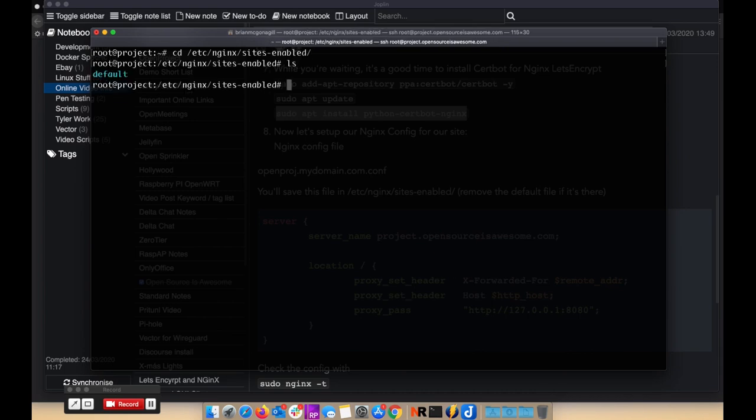There we go. And if we do an ls, you'll see there's default. We're going to remove default. Now, if you're not root, you'll have to do sudo and then rm default. Now we're going to do nano